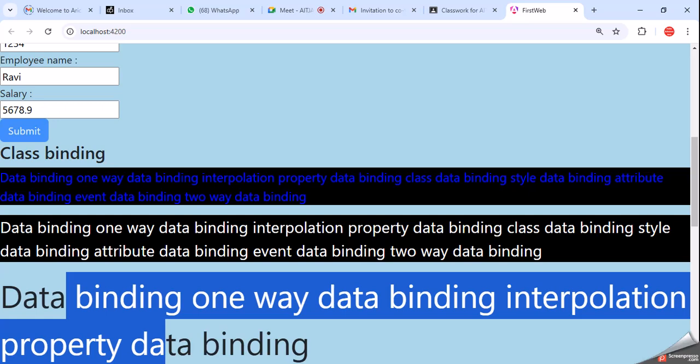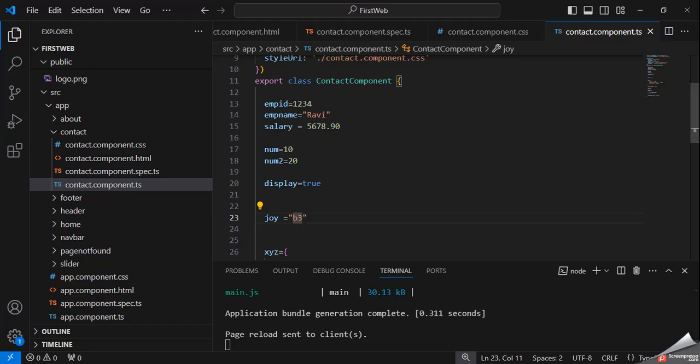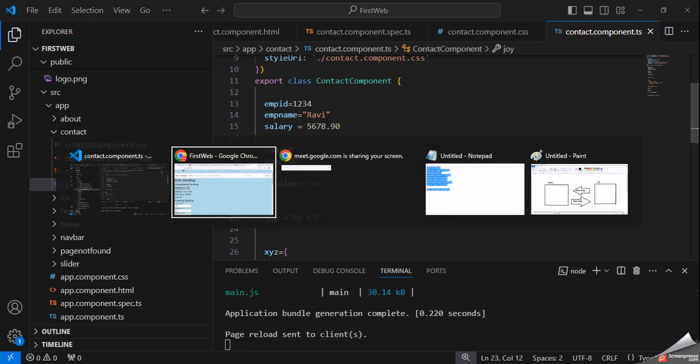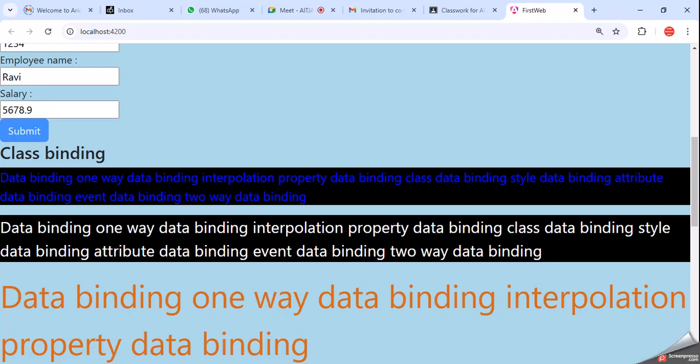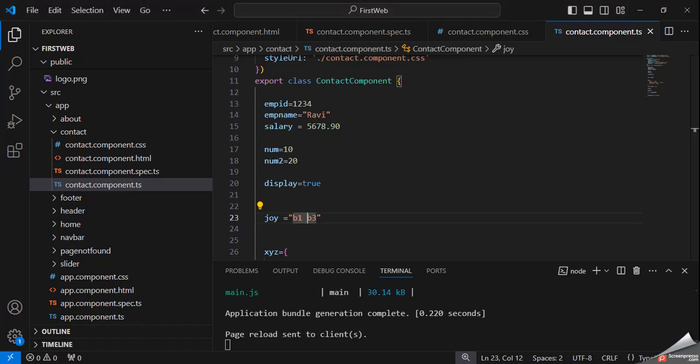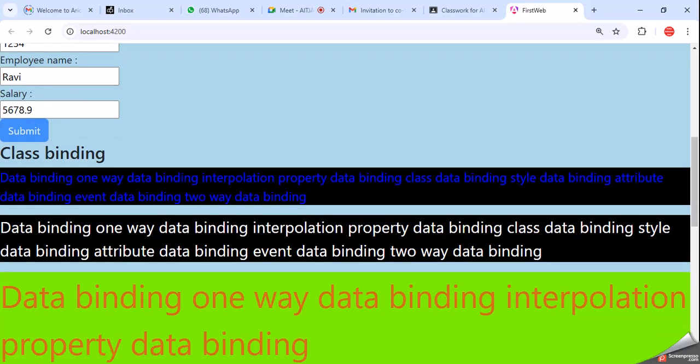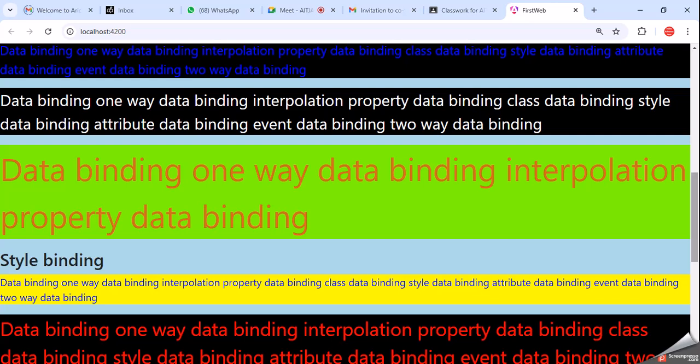So we can change it through the TS file. Okay, same thing, suppose we want to use B1 also. You can declare here B1, then you can see this text color and size both are applied. If here you declare B2 also, okay, so background color, BG color and size, all three classes are applied.